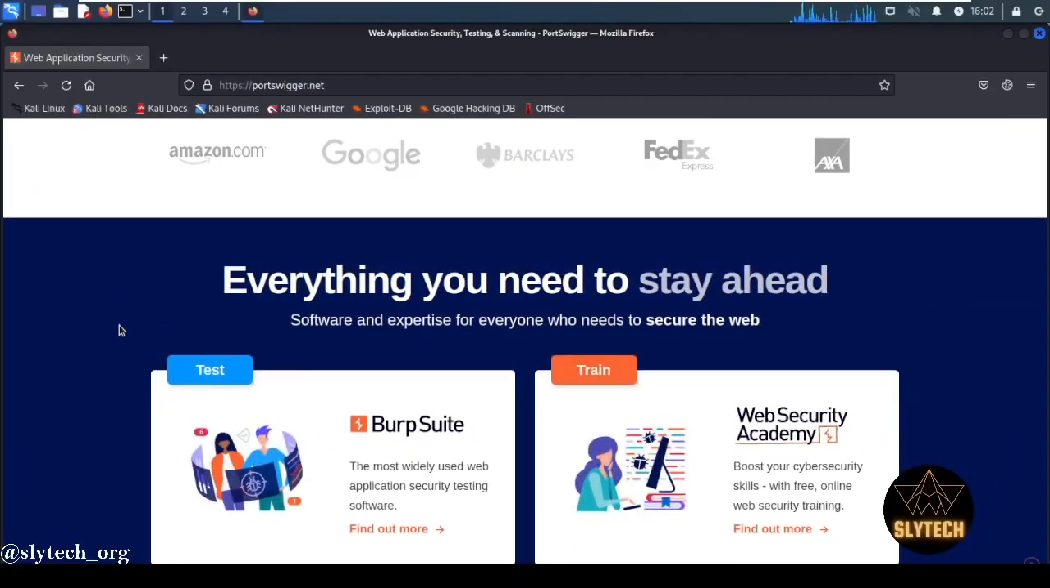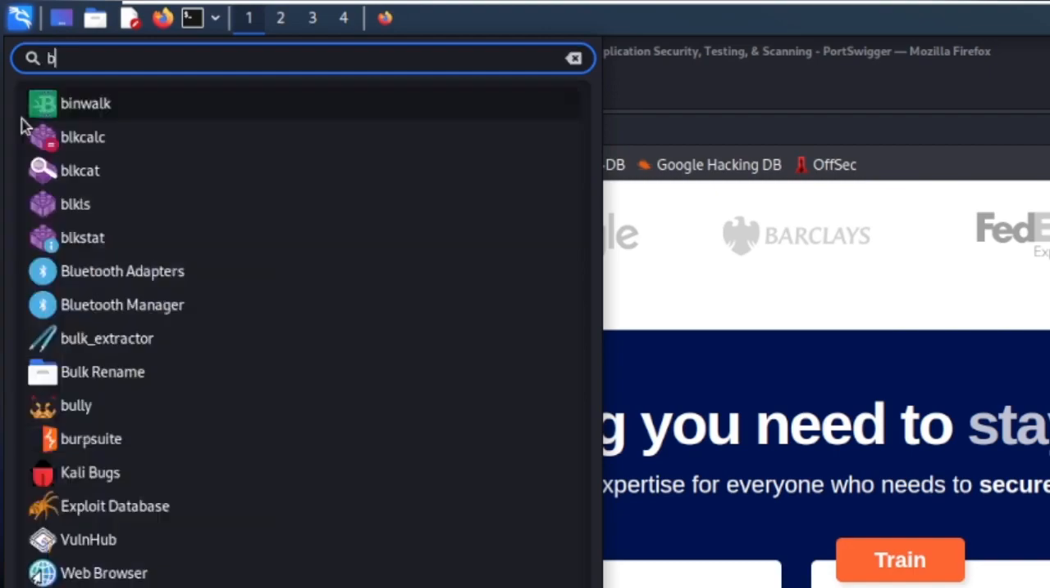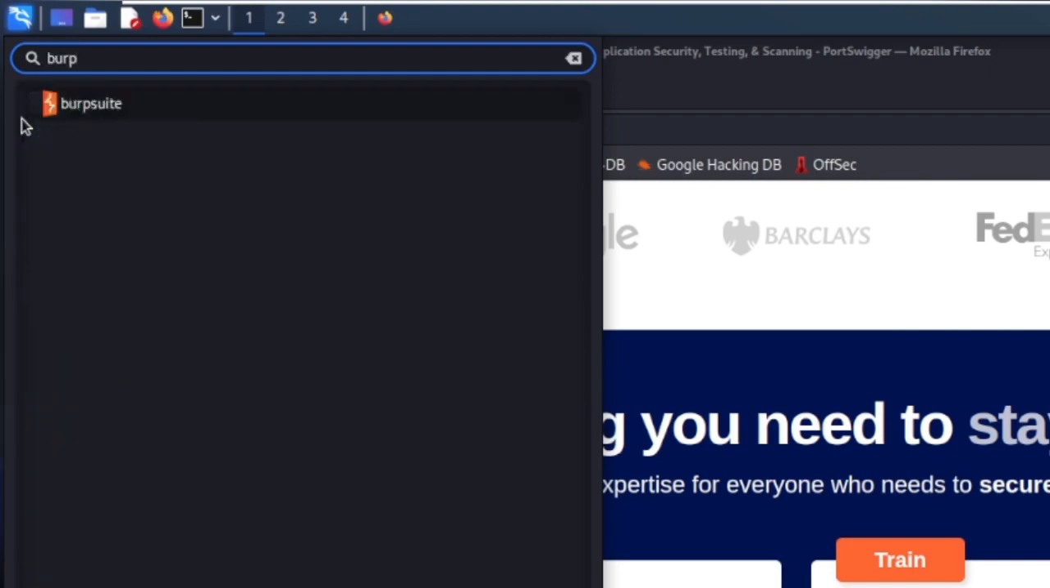Okay, so most of us already have Kali Linux, and if you go up there and just type Burpsuite, you should see that you have it installed here. But there are times, like I always say, when people reach out to me telling me they are on Windows, they are finding